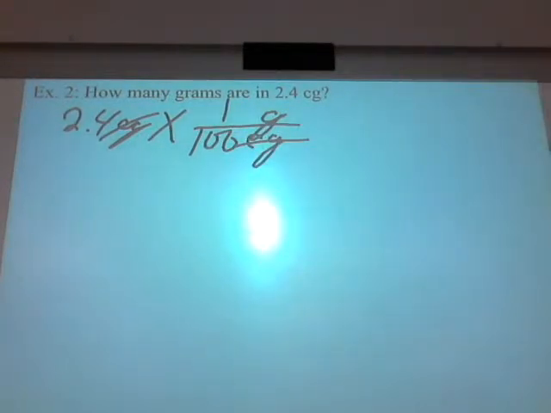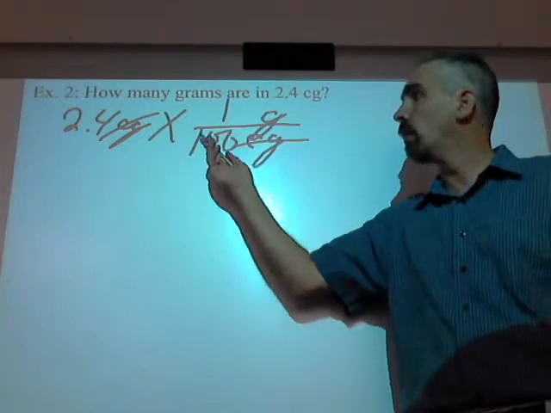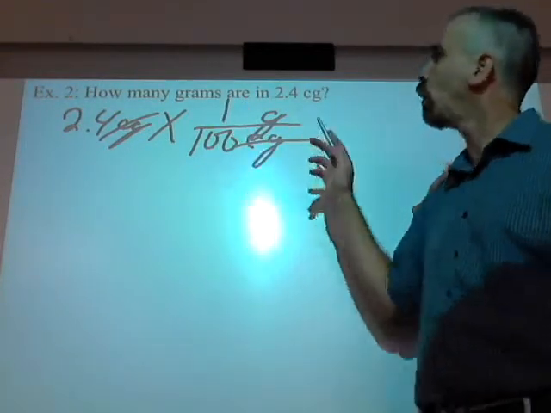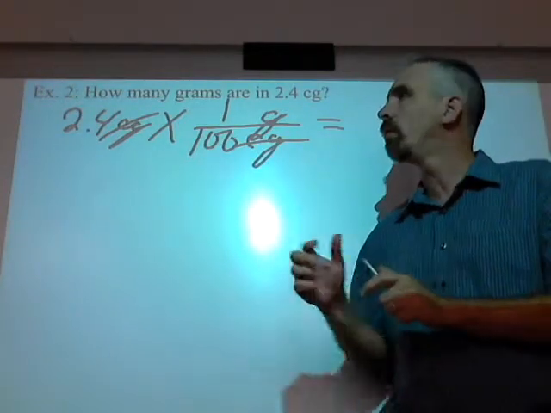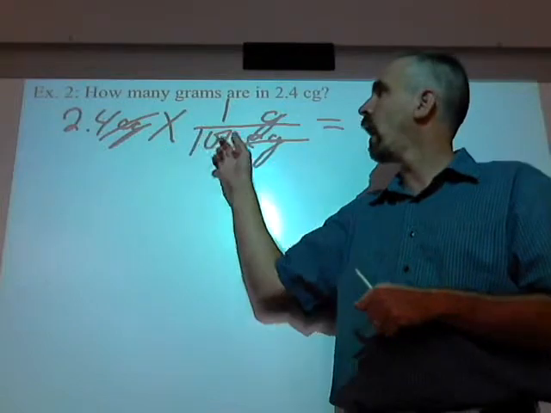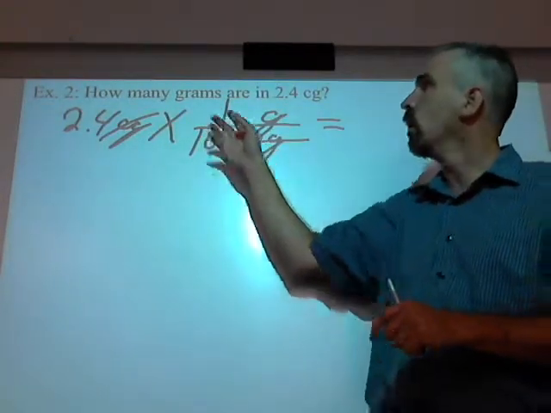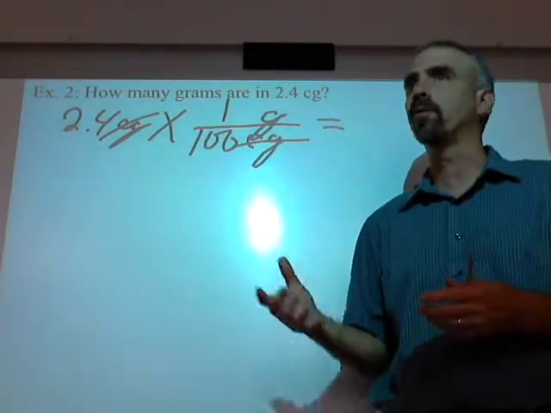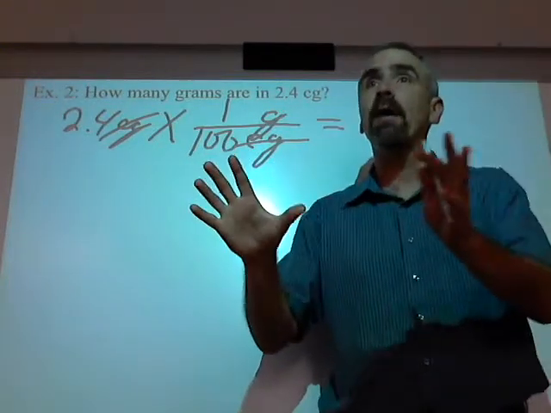And here's the way you'll remember that, hopefully. The larger unit will always get a 1, because you can always fit 100 of the smaller units into 1 larger unit. All right, now once you've done that, the guesswork is done. Remember, this is the only hard part of this. The only difficult part is figuring out this step right here. Everything else before that, the centigrams going on the bottom, writing down the given information, grams at the top, it just falls into place. 1 over 100 is the only thing I have to really work on, because after that, everything falls into place.